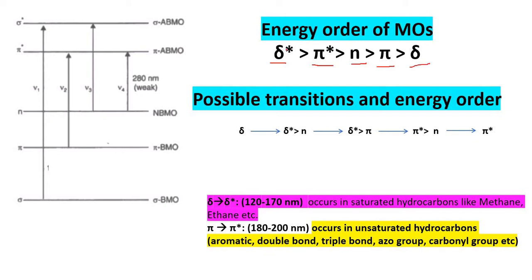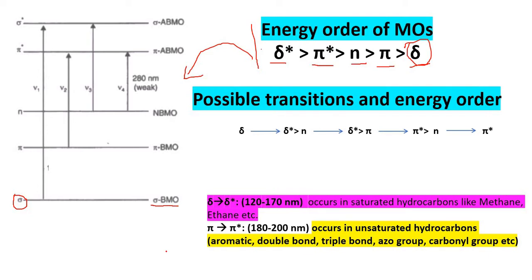If we discuss their energy, take a look at this diagram. This is the sigma bond, the lowest energy bonding molecular orbital, represented by sigma BMO, where BMO means bonding molecular